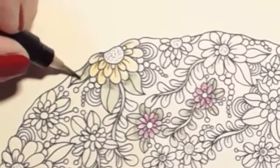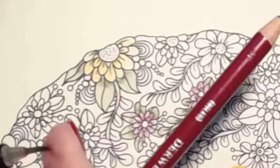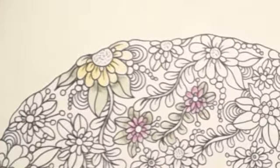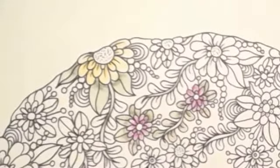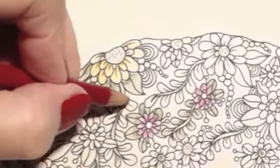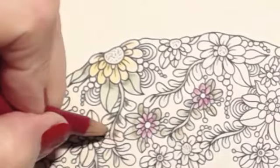Now you will find, if you're using a strong colour, which we're not here, that there will be colour on the end, because it picks up colour. So I'm just twisting to a baby wipe, so it twists back into a point again. I do like the olive, so I think I'm going to go back to the olive for this one. And as I say, you can put as much colour as you want,